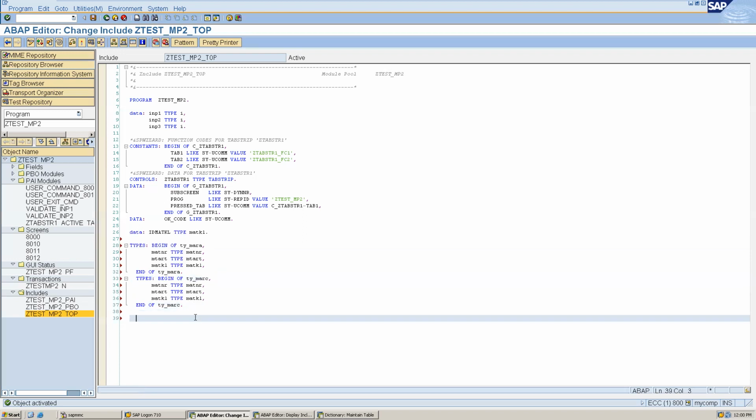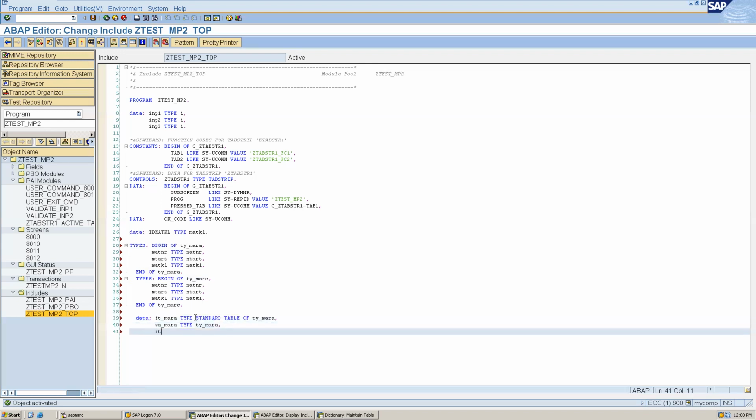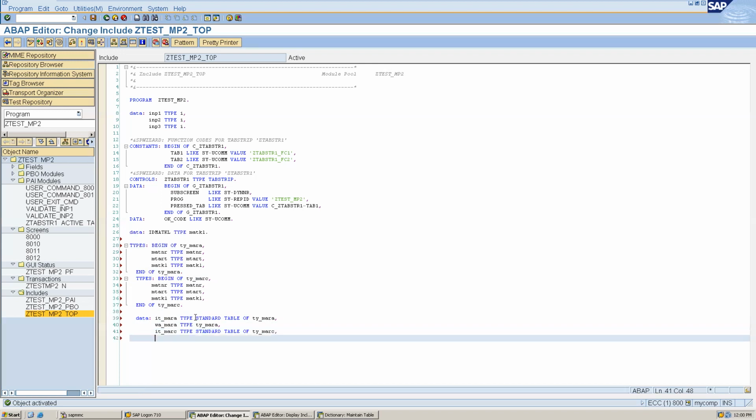Okay, and now let's define the table. IT_MARA type standard table of ty_mara. Let's define work area, type ty_mara. IT_MARC type standard table of ty_marc. This we have already learned, and how to define and why we are defining